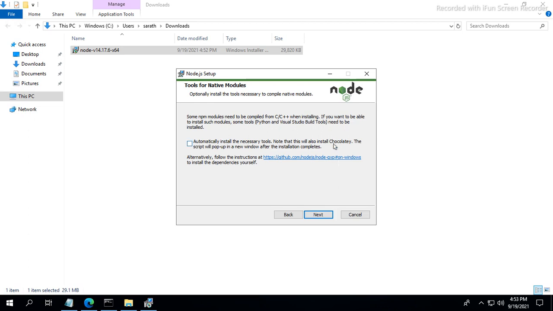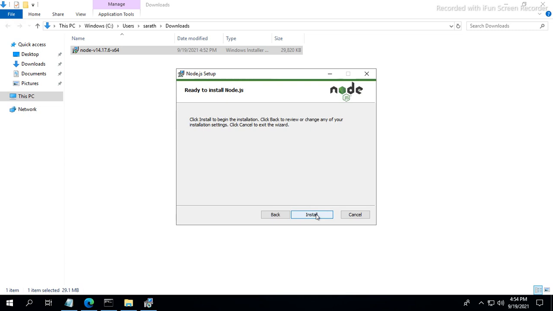Actually, Chocolatey is a software package management tool. With a single command we can install many software packages automatically in the machine, and with a single command we can update all the software to the latest version. For now I am skipping this.